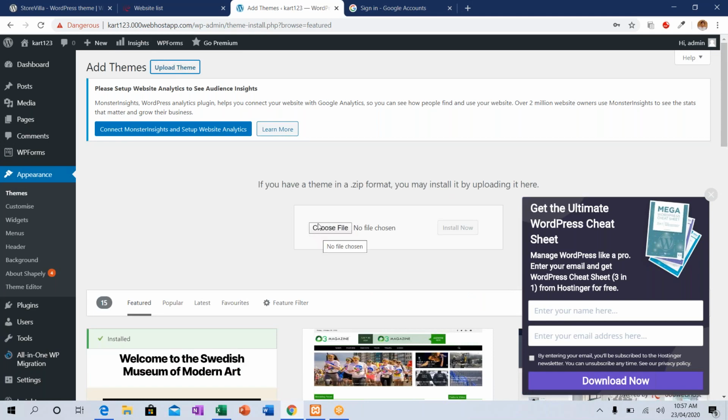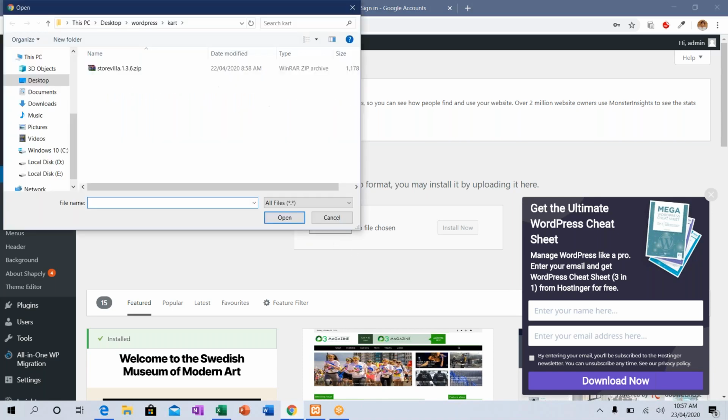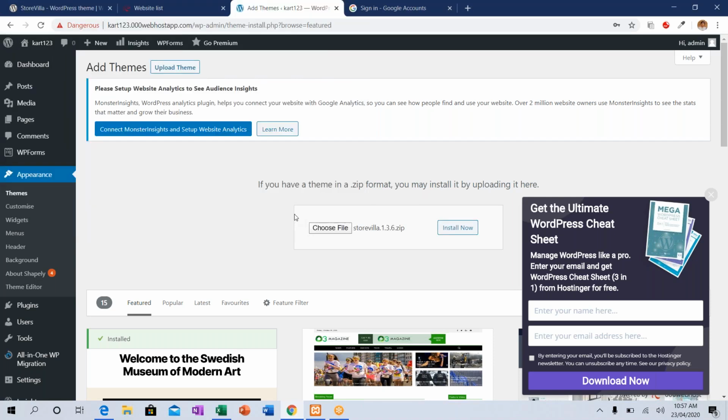All the add-ons which are displayed, you can close them here, they are unnecessary. Okay, just close it. Give us upload theme. Choose a file. You have to choose your zip file which you have downloaded. Just click that particular file and click on the open button. Yes. Then click install now.